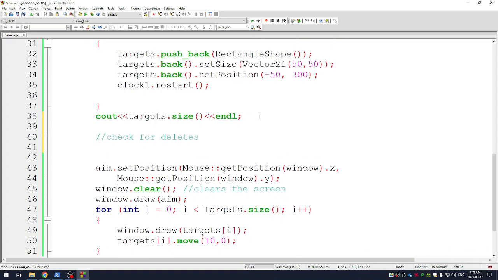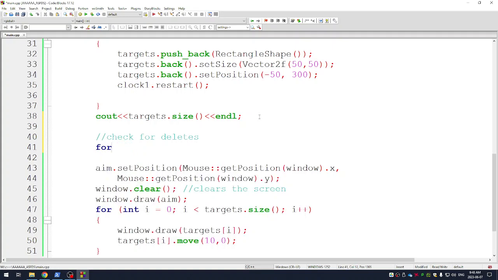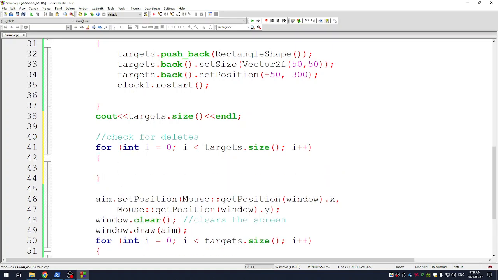Okay. If I want to check every single target I have, all of my code will have to be in a for loop now. The same exact for loop I have here. If I have 100 of them, I need to check all 100 to see if the mouse is touching the thing and the mouse button is pressed. That's what we really want to do right now. We want to erase it if the mouse button is being pressed down and it's touching the target. So let's do that. Let's go if